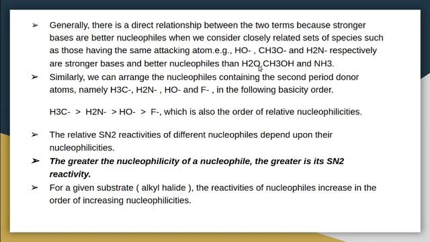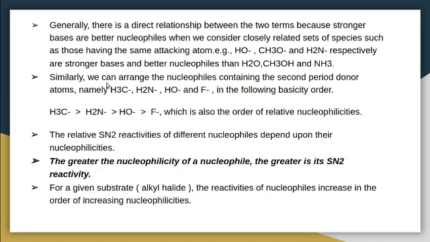In this case, OH minus is a better nucleophile compared to water. In both cases, the attacking nucleophile center is the oxygen atom, but this one has a negative charge, so it is a better nucleophile and stronger base compared to water. Similarly, CH3O minus is a better nucleophile and strong base compared to methanol. In the case of NH2 minus, it is a better nucleophile and strong base compared to ammonia. So if there is a negative charge on the attacking atom, then that species has higher nucleophilicity.